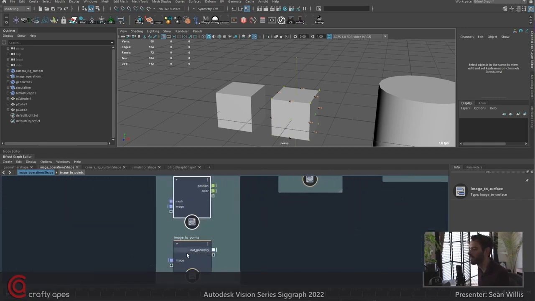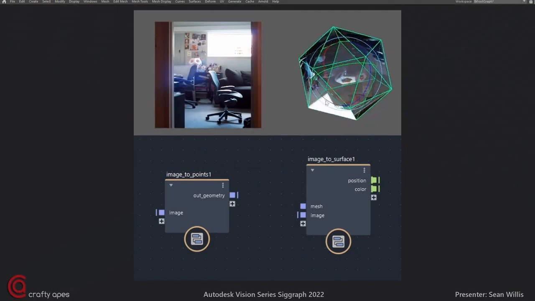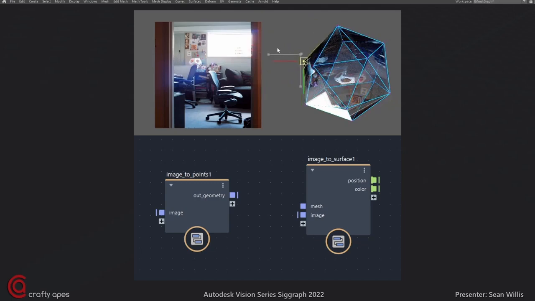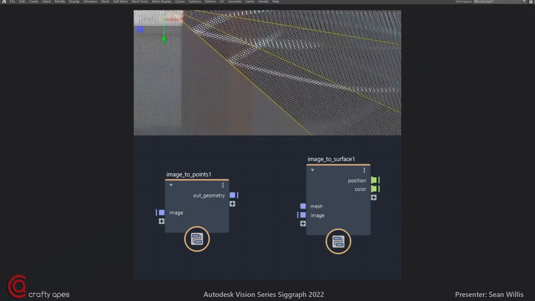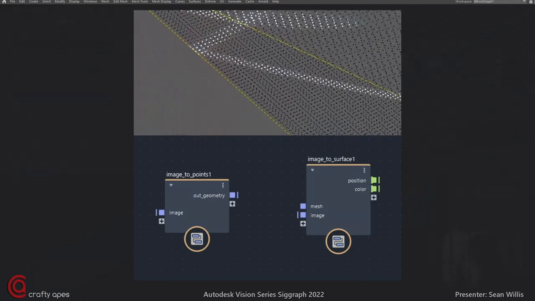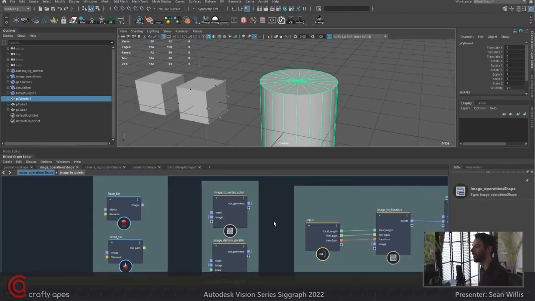And then we have image to surface, image to points, and these two just. One of them slaps it on a surface using barycentric coordinate sampling, and the other one just does 0 to 1, it just puts it there so you can see it. This is more of a debugging tool, but it also has its use cases. And then we have image to vertex color. That one's one where previously what you had to do is texture it and then bake it using Maya software. Now we can do all of that